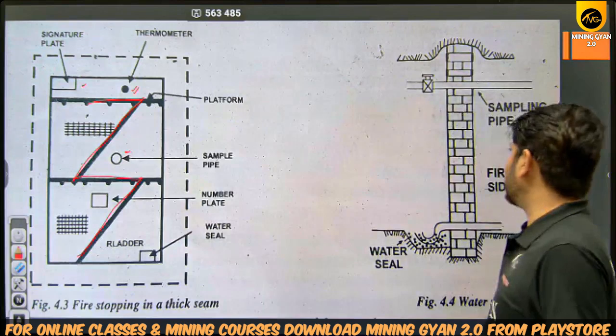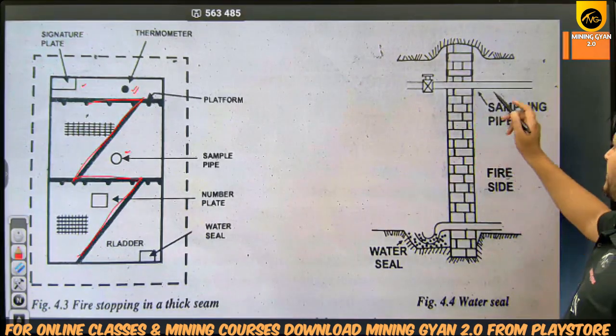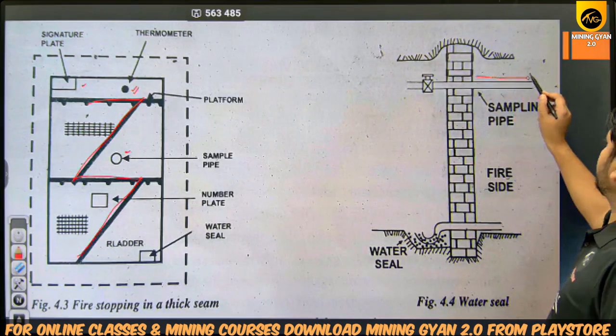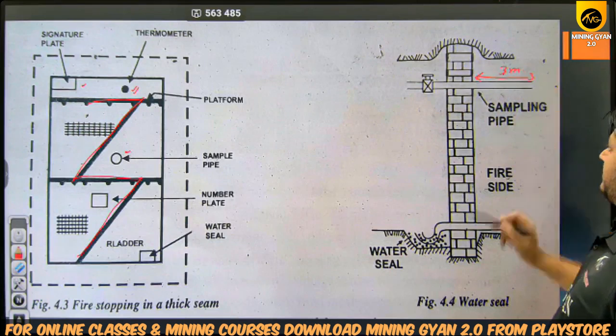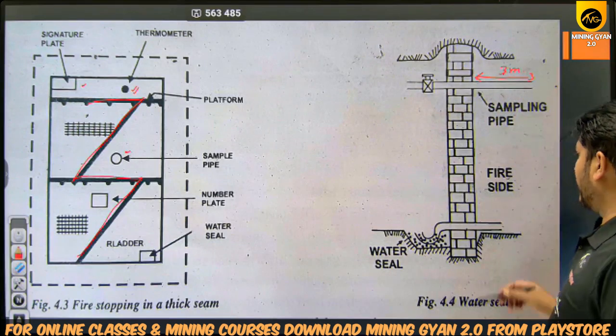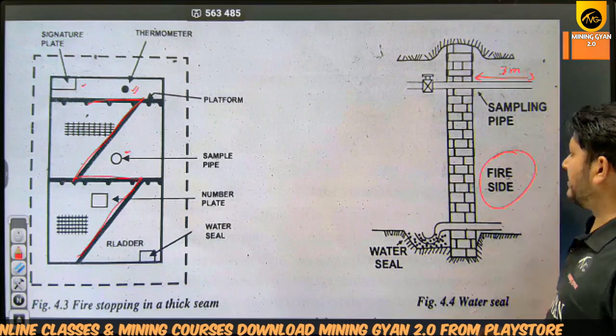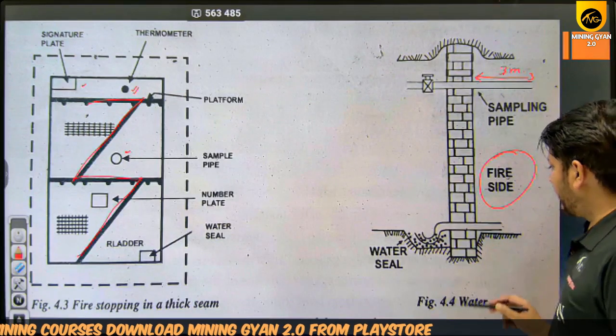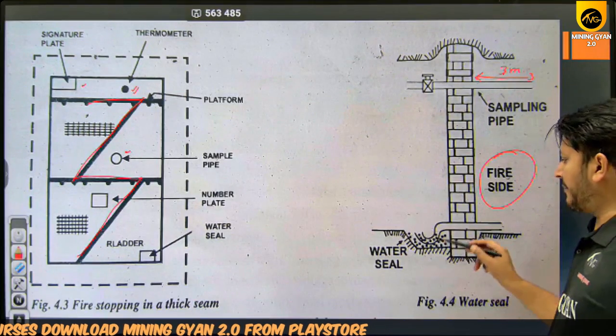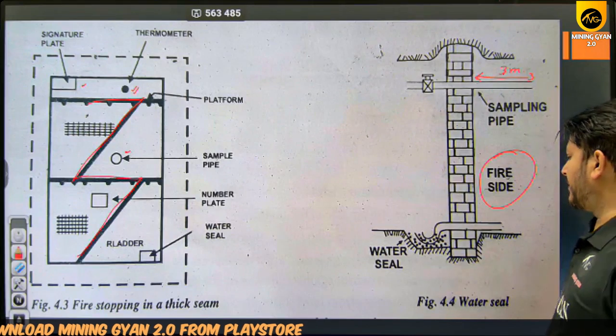If we talk about the sampling pipe, this sampling pipe is like this. Towards the fire area, its length is approximately 3 meters. Okay, and this is your fire side. After that this is your water seal. In the water seal, such a type of arrangement is made that